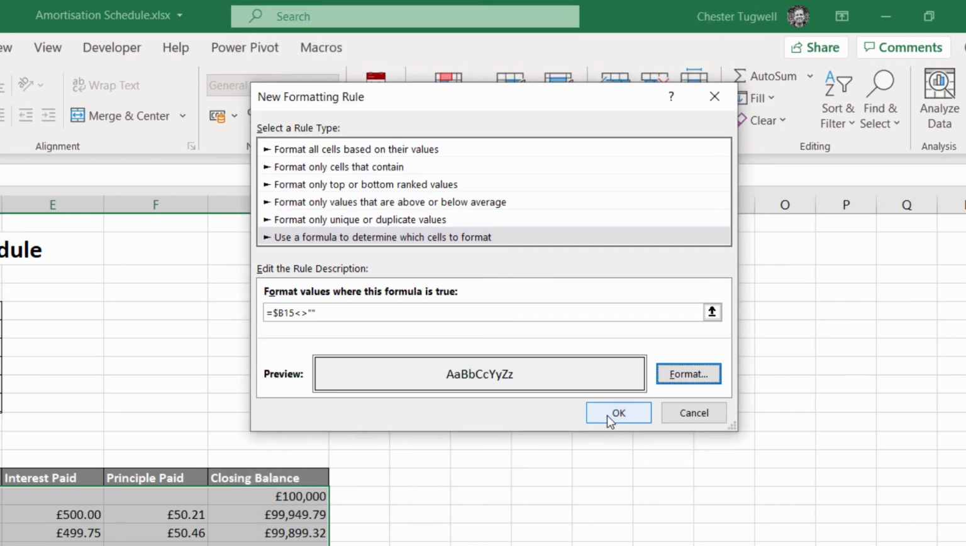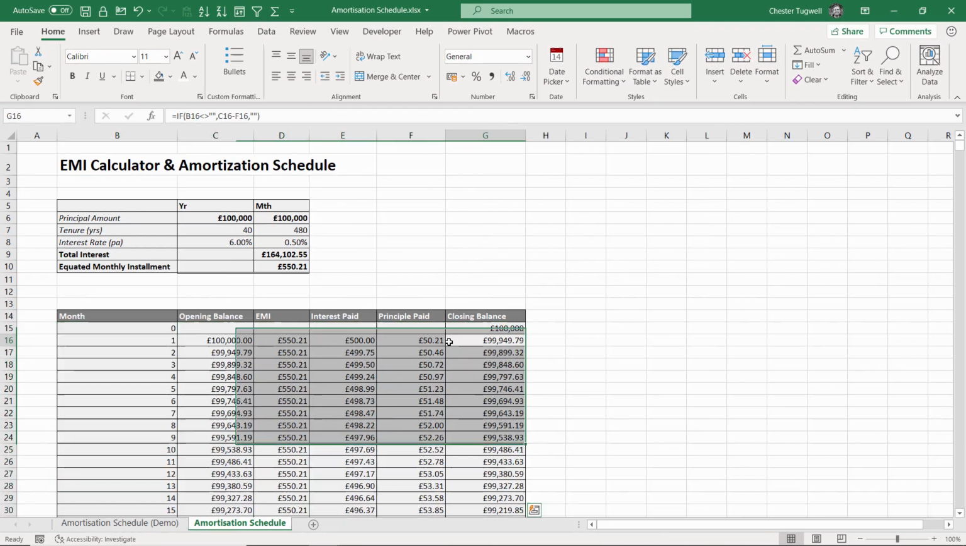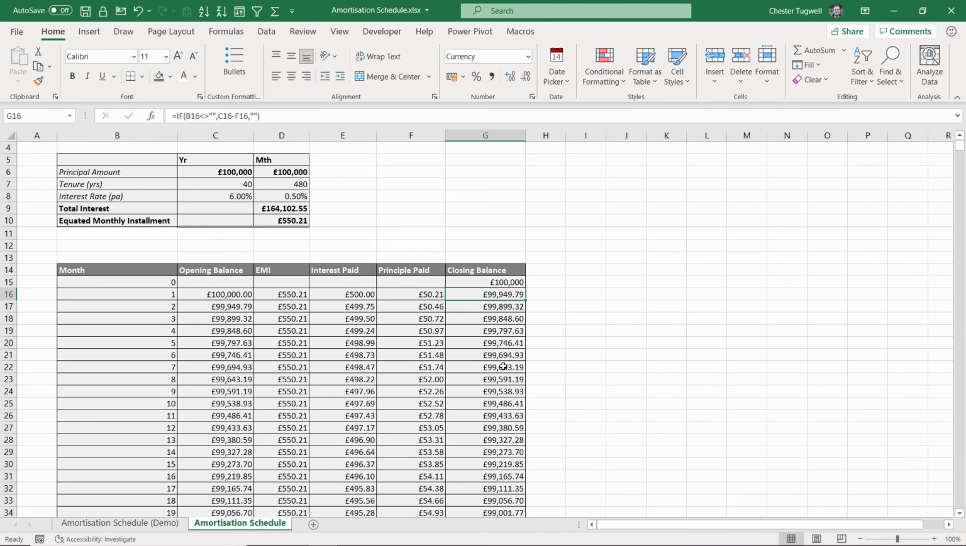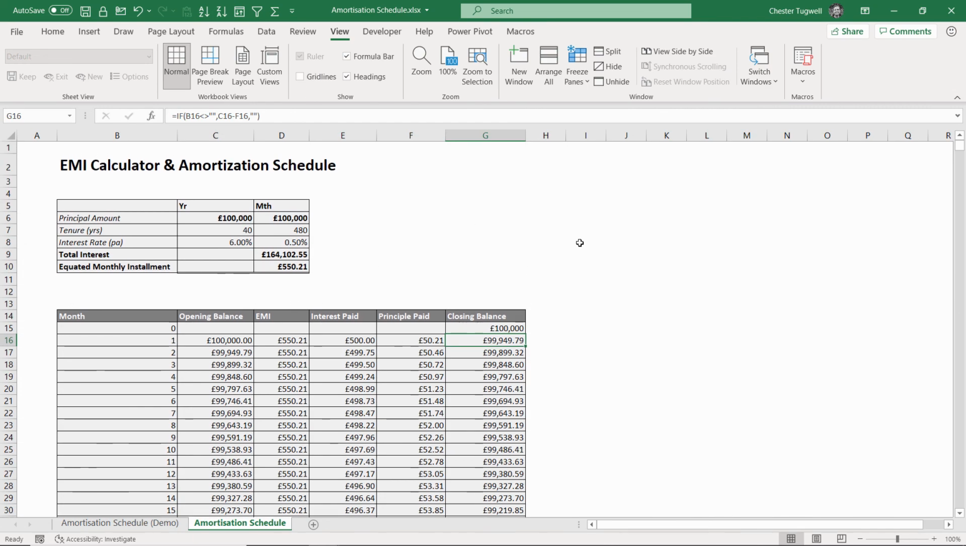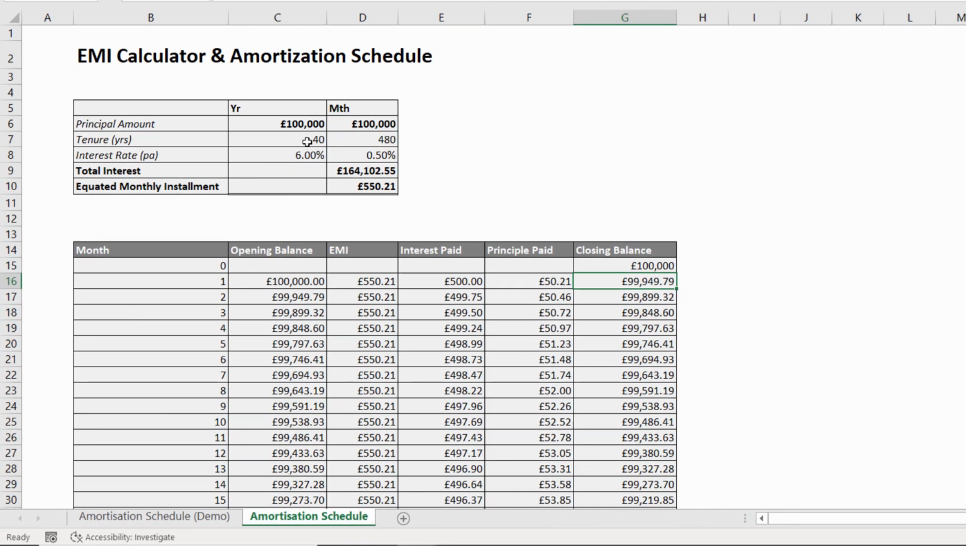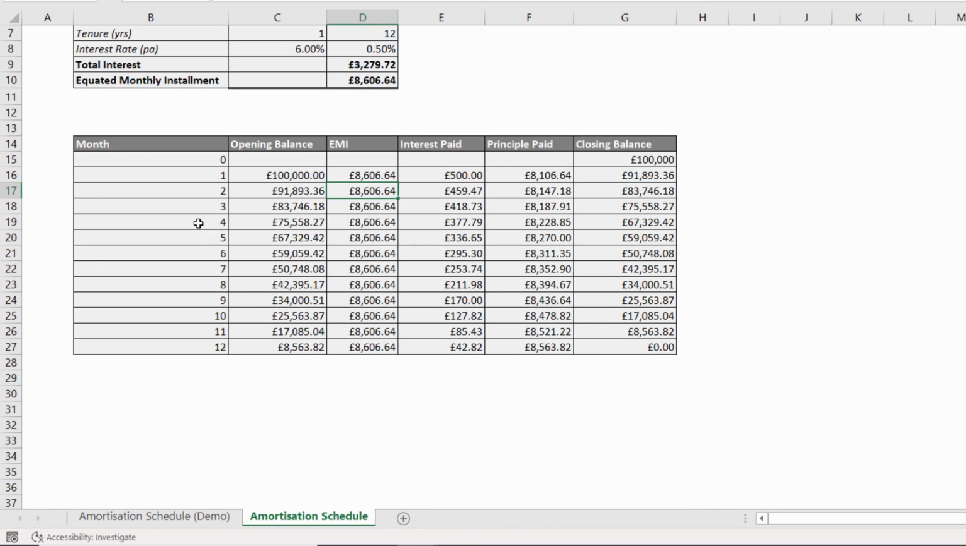If I click on OK, you can see now that it's applied that formatting. And then probably what I'd do is just go to View and take off the grid lines. I think it looks a bit smarter if you do. So let's test if this works. If I change this to 1 year, then it only applies that format and only does the calculations for 12